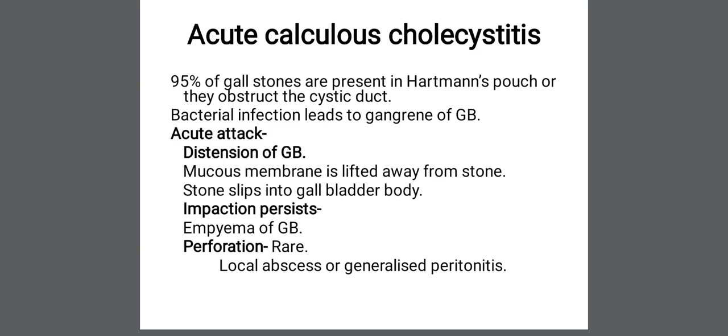the cystic duct, and bacteria can be cultured from the bile or gallbladder wall. Mostly the organisms are E. coli, Klebsiella, Streptococcus faecalis, and anaerobic organisms like Bacteroides, or gas forming organisms like Clostridia, or when there is typhoidal infection. The sequelae of an attack of acute cholecystitis may lead to distension of gallbladder,